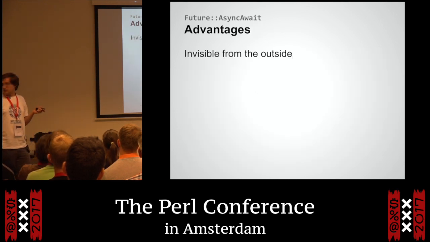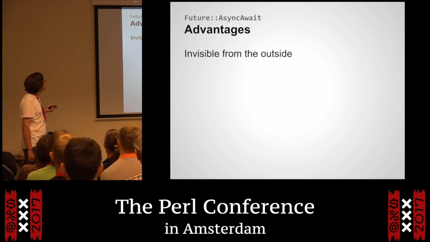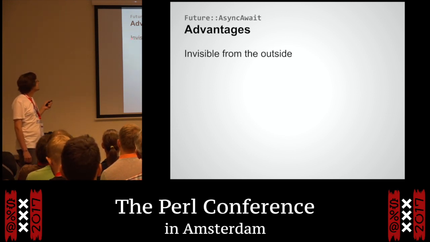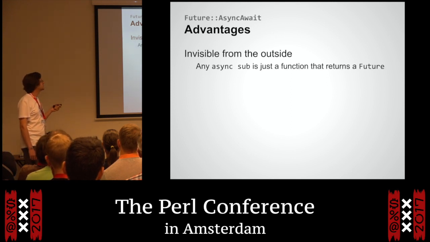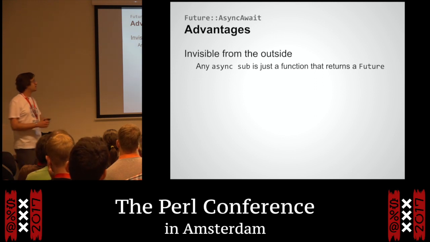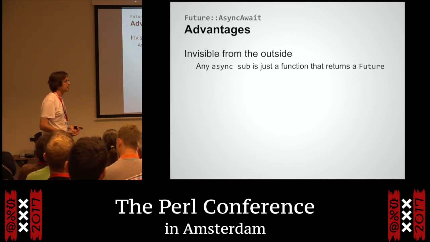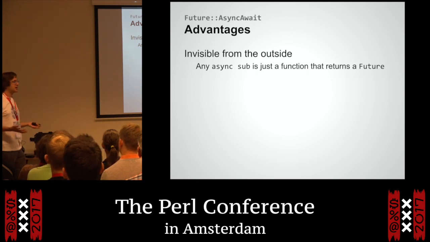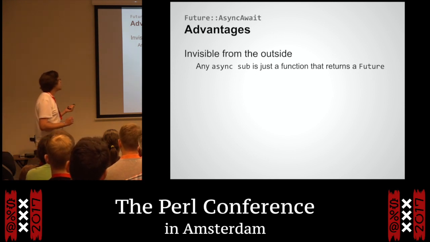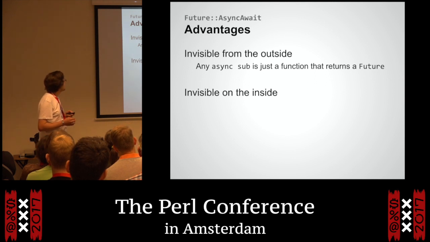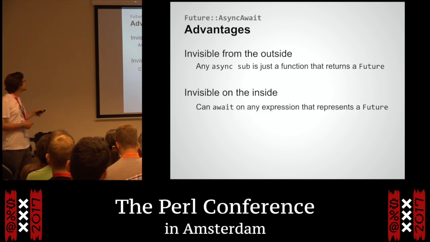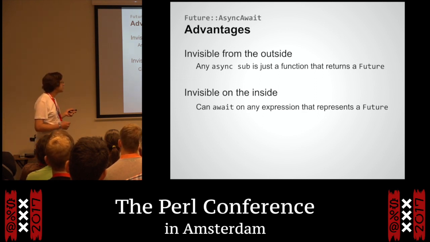So as I said earlier, the advantages, I'm keeping an eye on the time, the advantages of using this syntax are that it is in effect invisible from outside, because any function that we've said async sub on, from the outside, just looks like a function that you call, and it returns a future. For right now, you can write functions like that anyway. You can just say this function returns a future, and maybe under the hood it's implemented with async sub. You don't need to know. From the outside, it returns a future. This is fine. It's also visible the other way, on the inside. Await just wants an expression that happens to be a future, right?